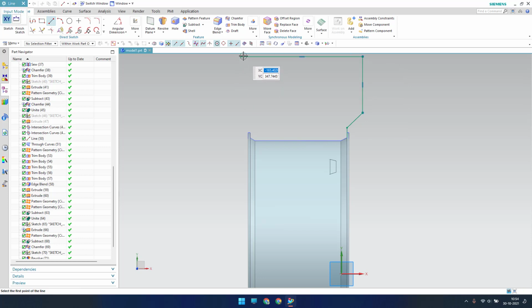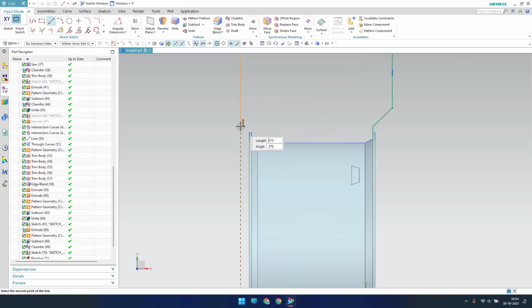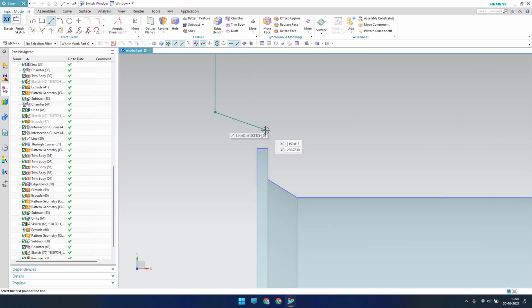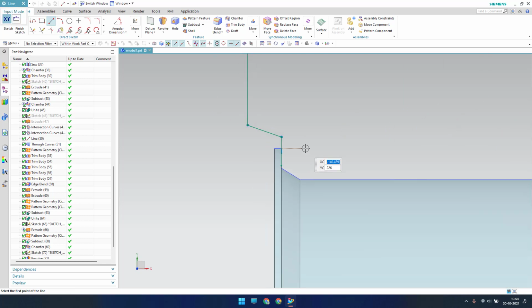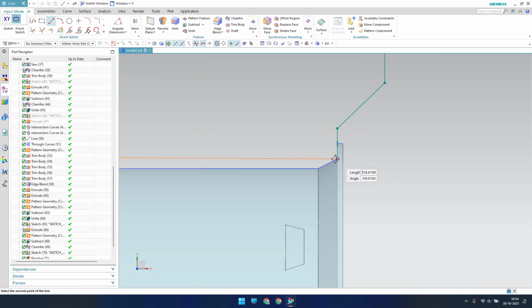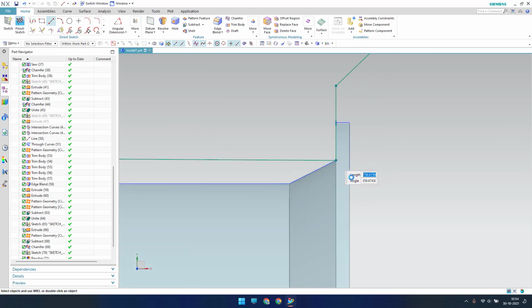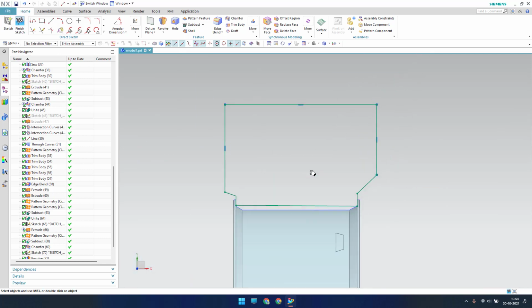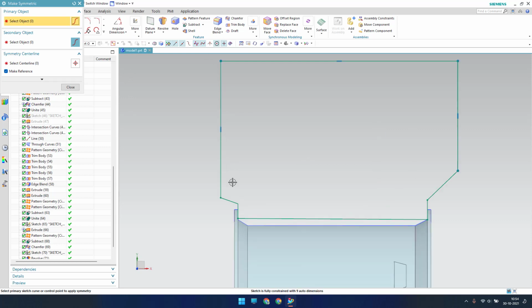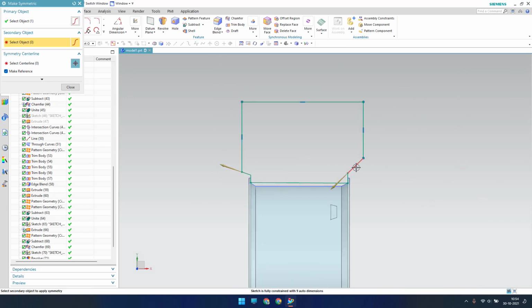So if you want, you can just make a dimension for this as well. So let me make a symmetric, and this should be symmetric to this.